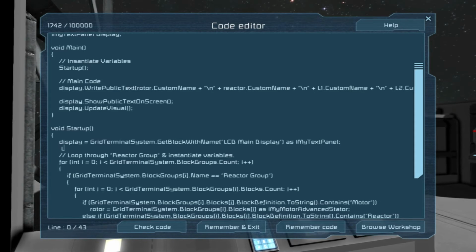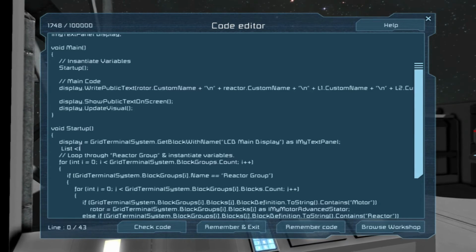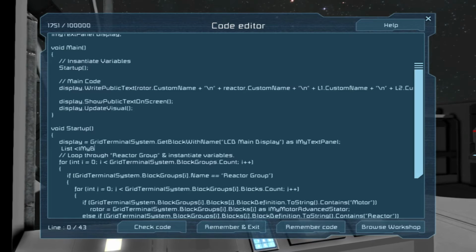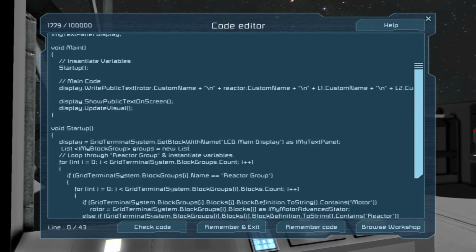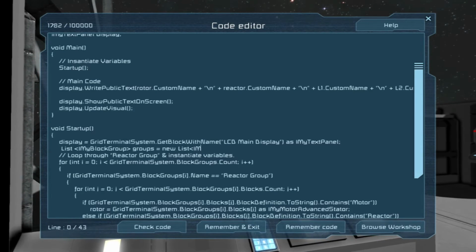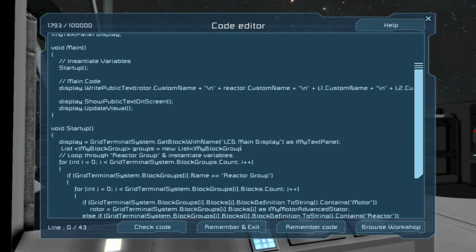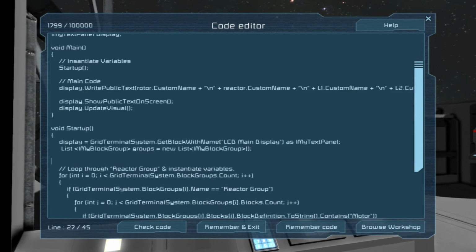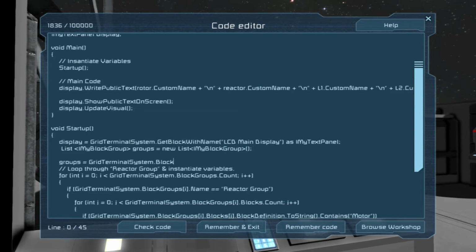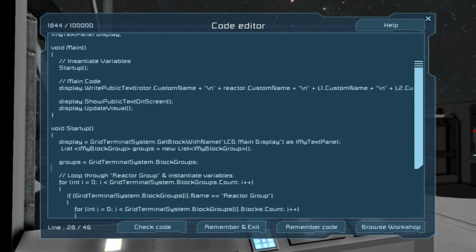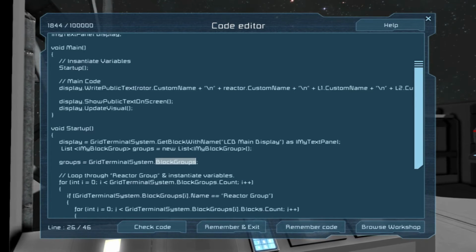You would say list I my block group, and then you could call this groups, for example, equals new list I my block group. Then you would say groups equals grid terminal system dot block groups.